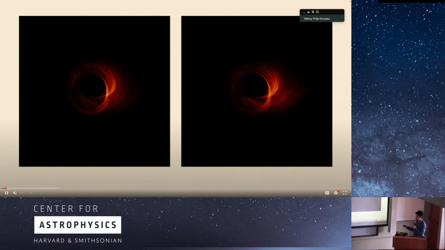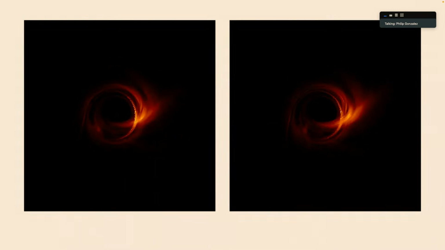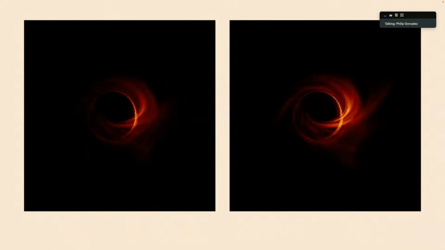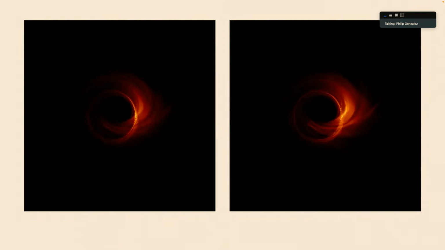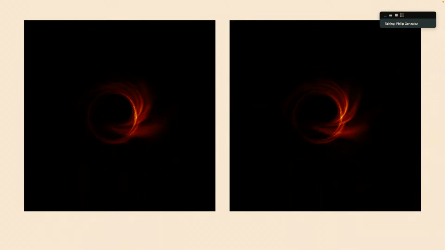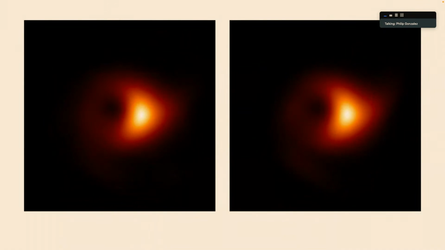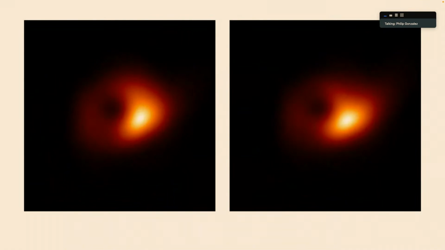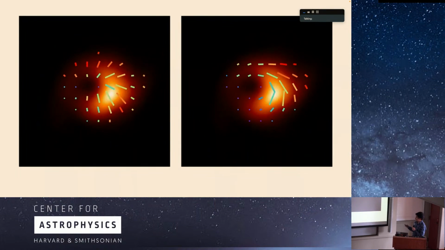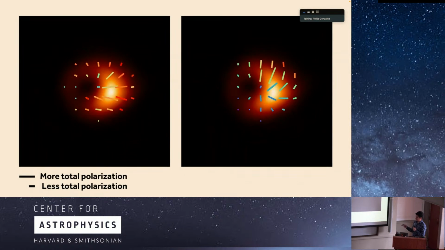Take these two models, for example. Although they look extremely similar, they're actually simulating different plasma conditions. But even with perfect resolution, I certainly can't tell them apart by my eyes. And if one were to blur these to the resolution of the Event Horizon Telescope, it would essentially be hopeless. These two models are indistinguishable, no matter how well you can sample them in total intensity. But then, let's turn on linearly polarized glasses. Suddenly, the two models look very different.